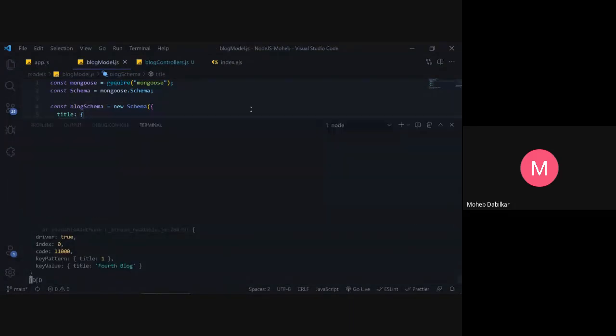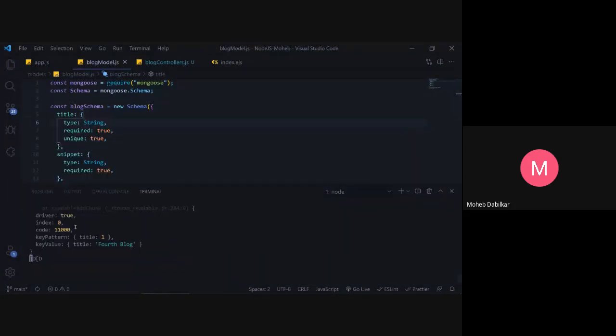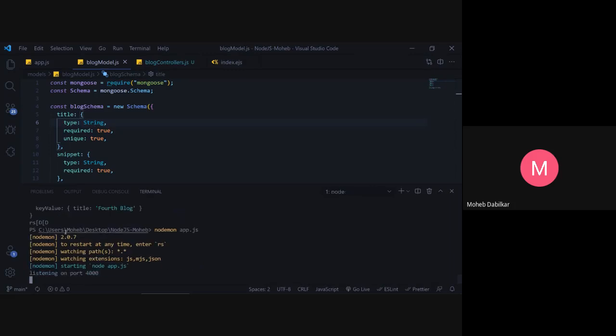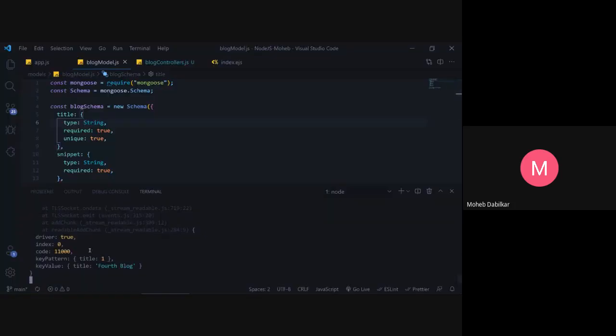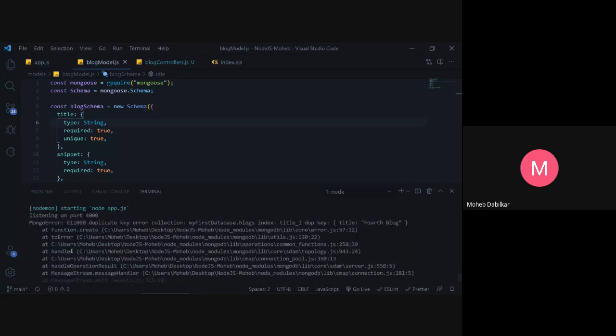Yeah, you see we have an error over here again. It says code 11000. Let me just restart my server. I typed in D and D, so what it does is it just stops anything from passing ahead. So that is why you don't want to do that, and you have to restart your servers. Well, now if you go over there, you see we again have an error. It says code 11,000 over here, and it says duplicate key error.